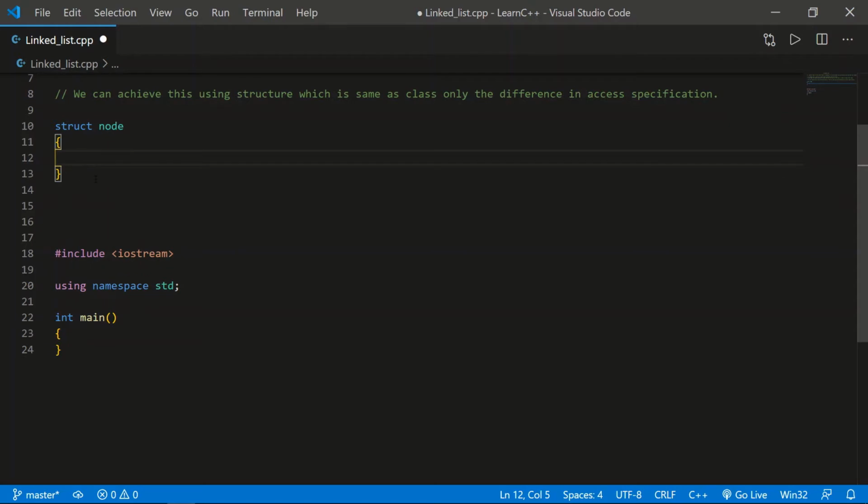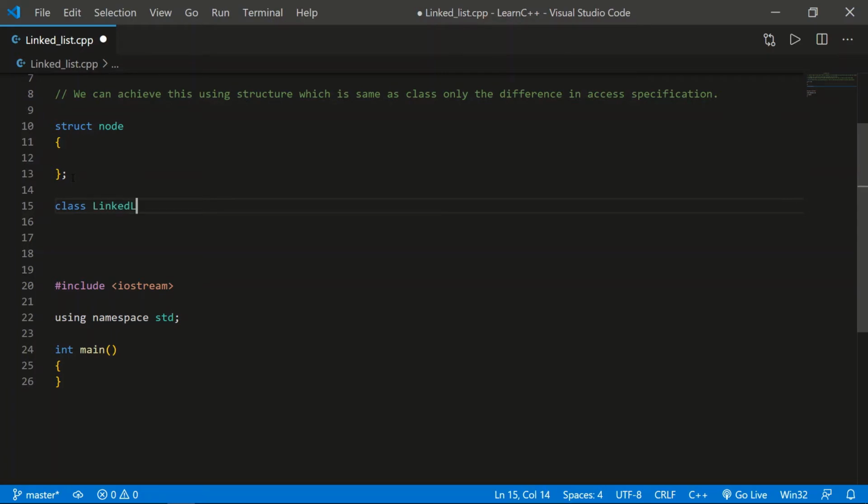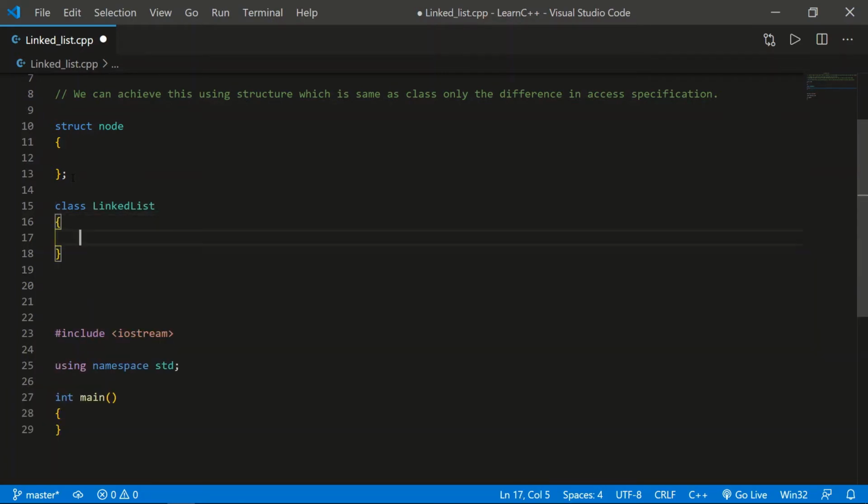I said everything is a node and nodes are connected in a linked list, and we'll create one class called linked list. This name you can name anything. We are just naming it in such a way that you understand better. And there is one more thing, you can put this as a class also, but you should add a friend function so that we can get access to all the private members of this node inside this linked list class.